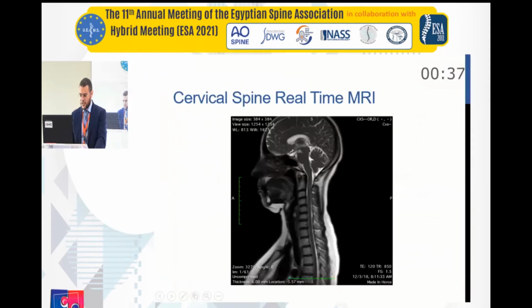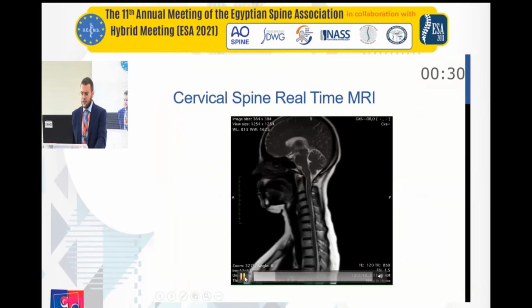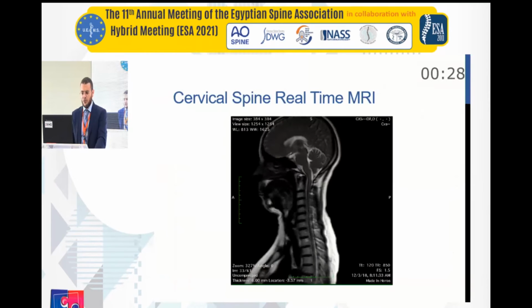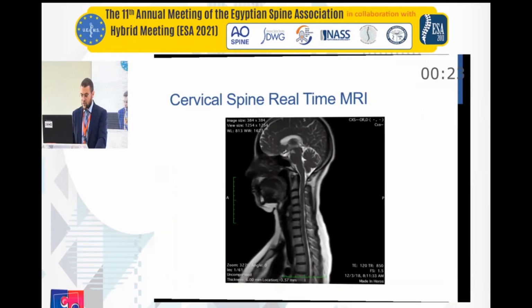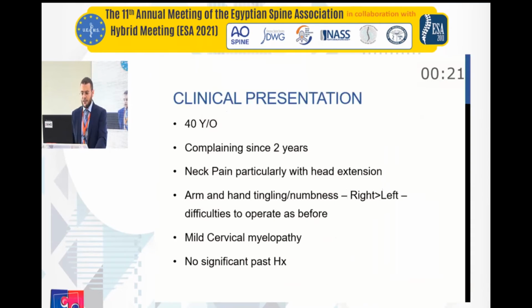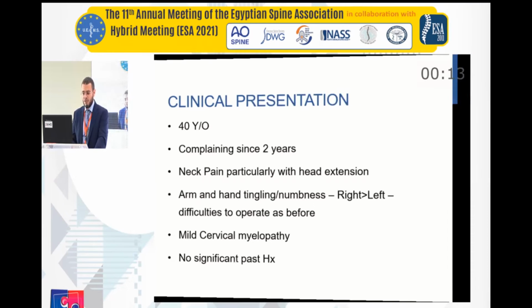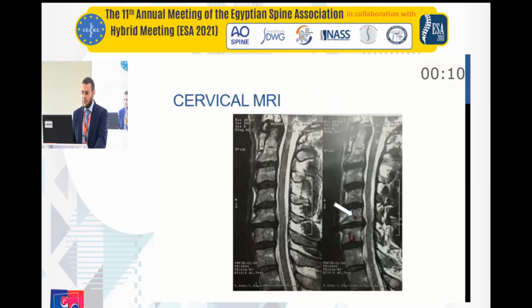And you can see this. This is a patient volunteer on whom we can do a real-time cervical MRI, and you can see how we can record the moving spine. This is actually an interesting case. This is one of our colleagues, 40 years old, complaining of neck pain and starting to have myelopathic signs. He is an orthopedic surgeon. And then this is an MRI. You can see there is a significant